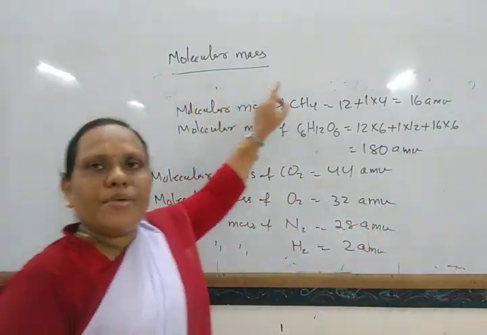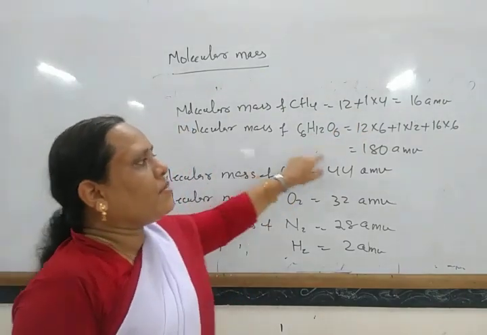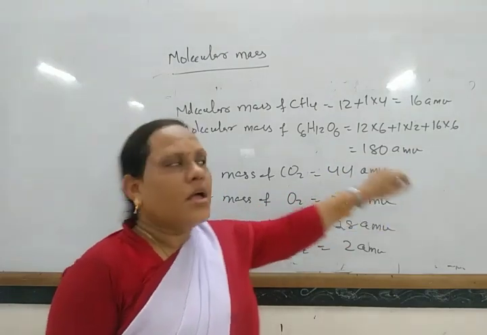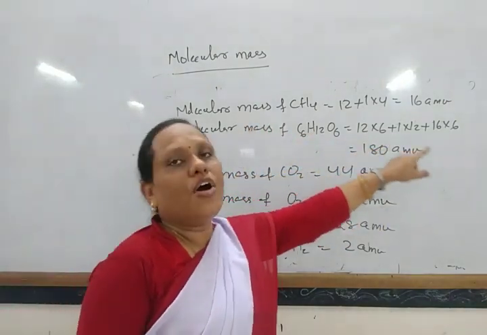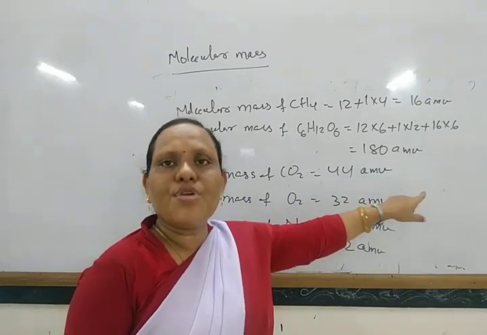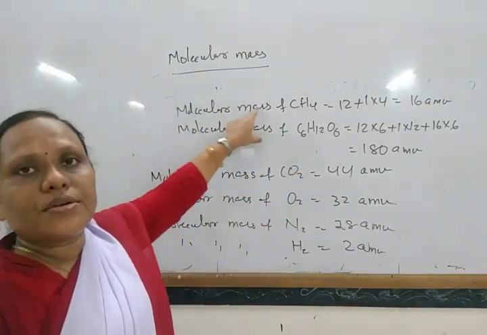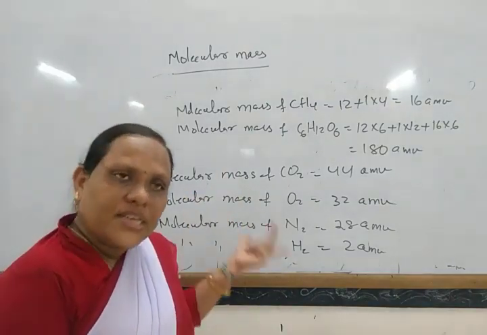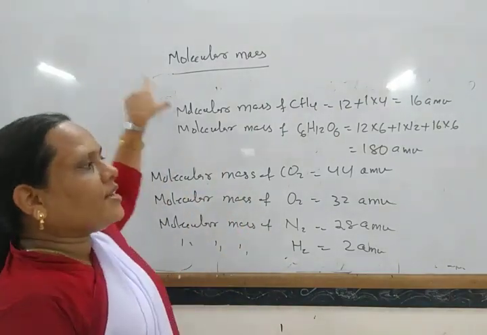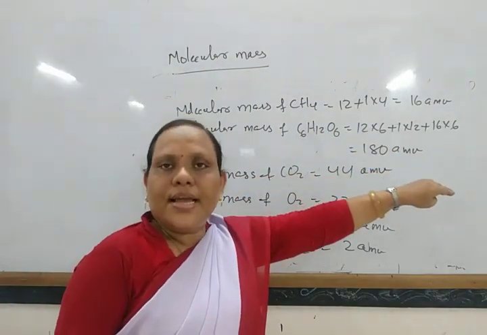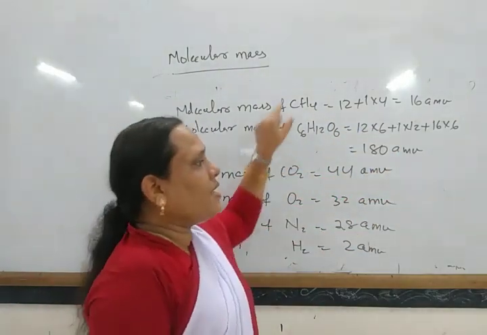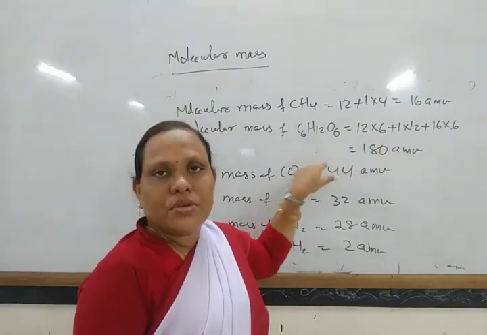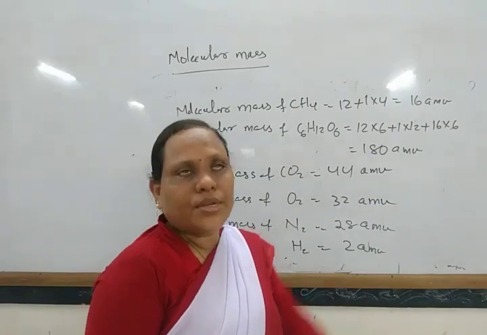The molecular mass of a molecule is the sum of atomic masses of all atoms present in the molecule. And as the atomic masses are taken as average values, the molecular mass is also the relative average mass of that molecule. This is also known as the relative mass of a molecule.